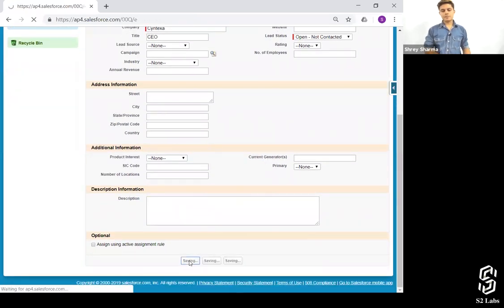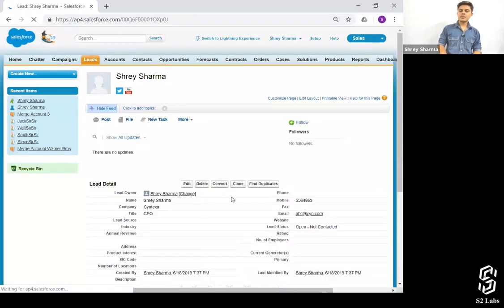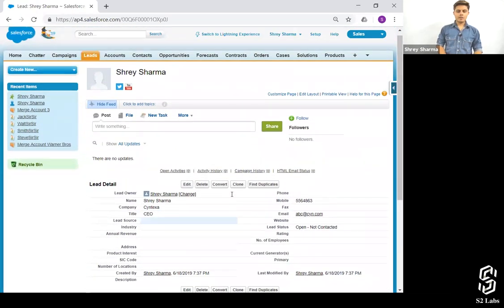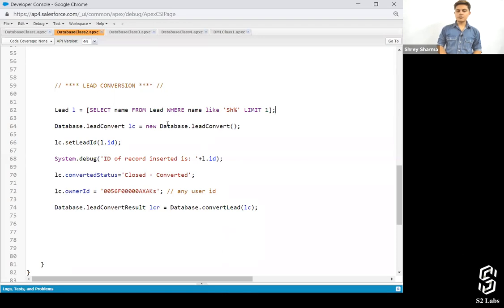Say there is this lead which I want to be converted. So this is the code that I'll execute. First, I'll write down the query with the help of which I'll get that lead record into L. And now see what we have to do.